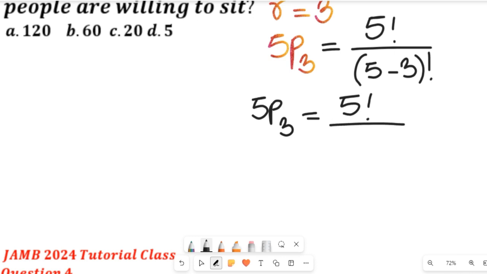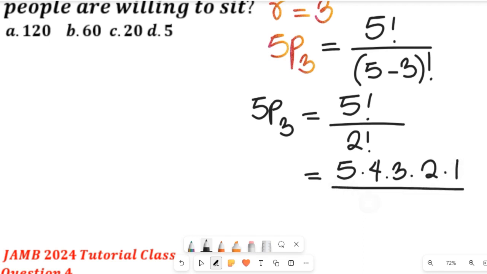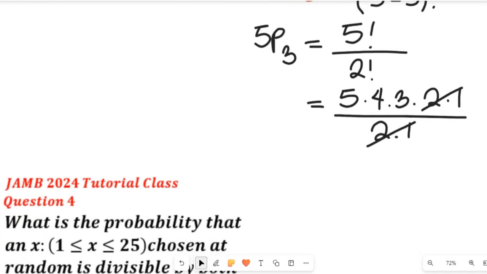Divided by 2 what? 2 factorial. Now let's simplify that. 5 factorial is going to give us 5 multiplied by 4 multiplied by 3 multiplied by 2 multiplied by 1. And this will be divided by 2 factorial, which is 2 multiplied by 1. So by simply looking at this, you see that this will clear this, and then the solution will simply be